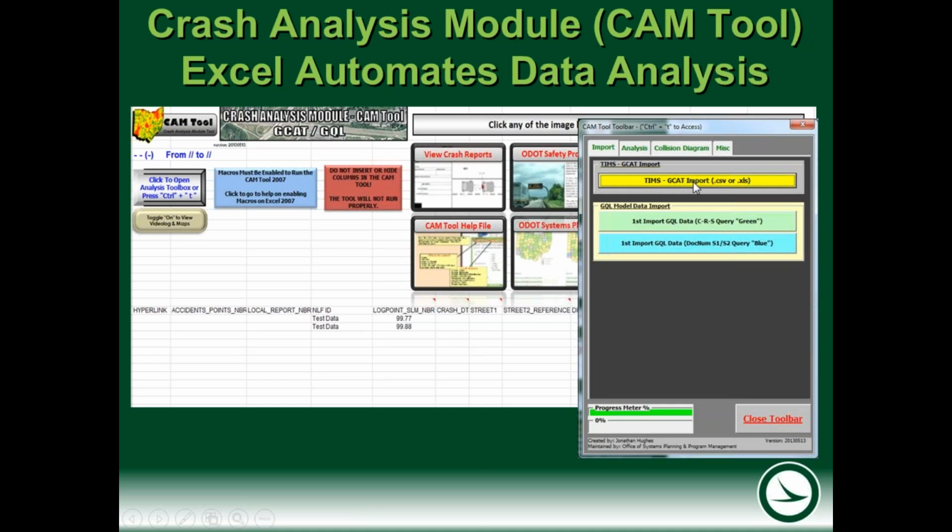And here is where you'll still click the yellow button, but you can read now that it says TIMS GCAT import, and it says the CSV or XLS format. So you can see there that no matter which way you're downloading the data from the query form or map, it'll read both of those. From that point,